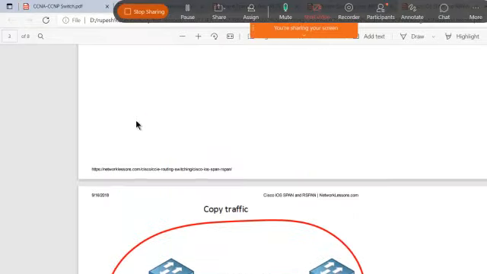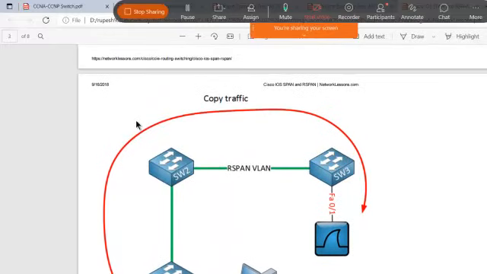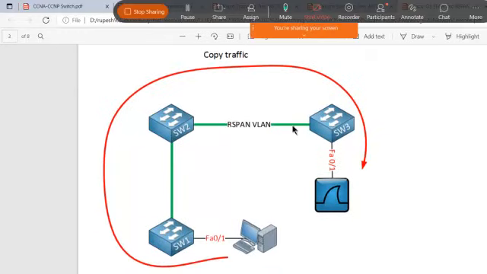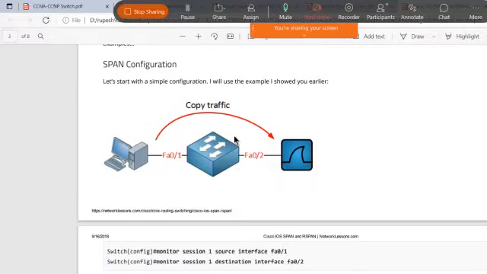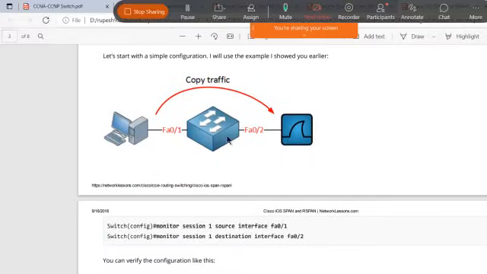So let me just tell you exactly what the remote SPAN is, and what a SPAN VLAN is. The SPAN VLAN is this one, right? Via here to here, and the remote SPAN, which is the location PC, is the other traffic that we have. So this link would be called a remote SPAN over here, right? And here is the SPAN configuration, which you can do.